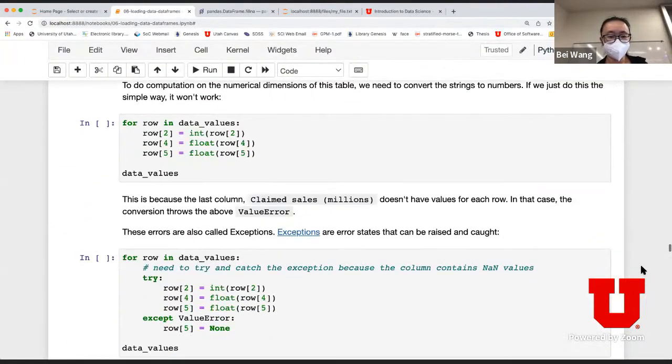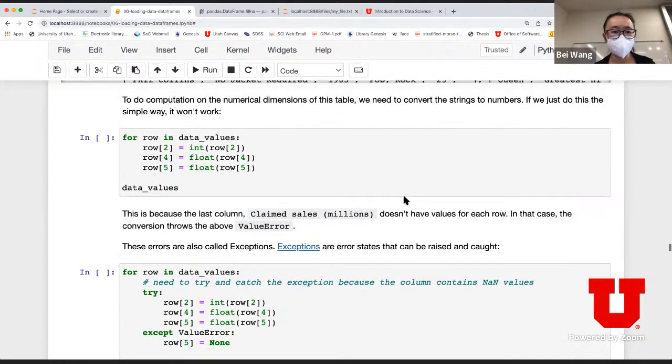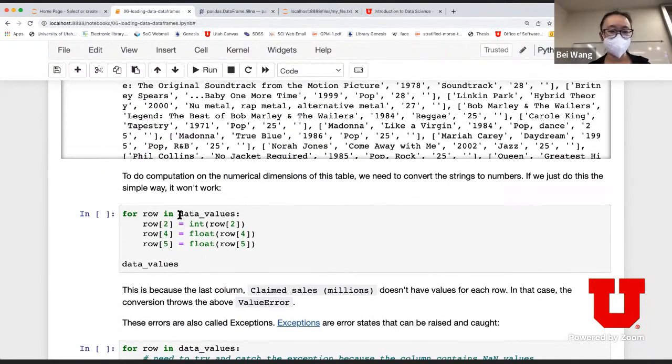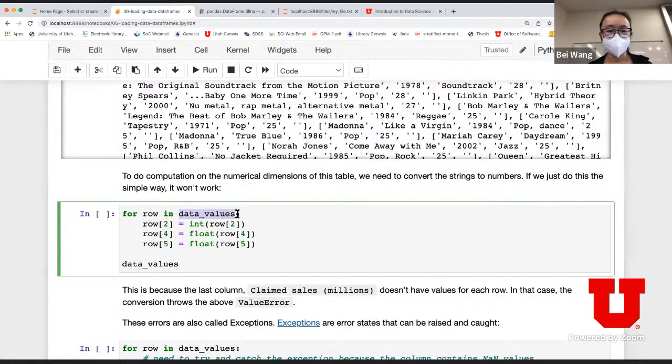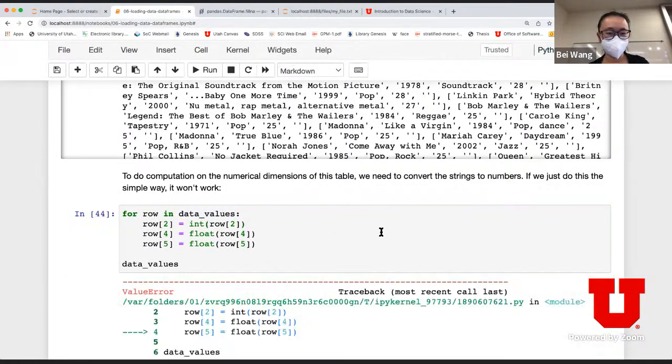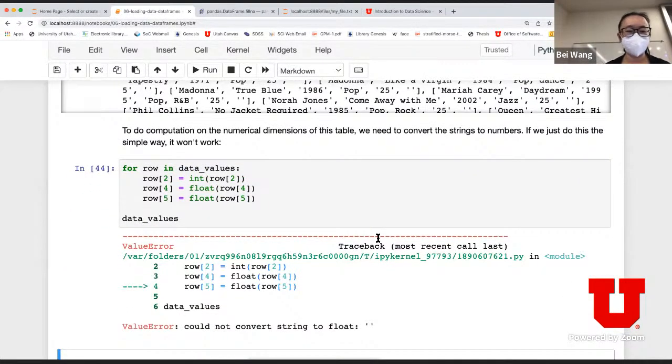So of course you can do this, and once you have this, remember data values is a list of lists. One thing you have to be a little bit careful about is that if I do this, it's going to return a value error. Why?